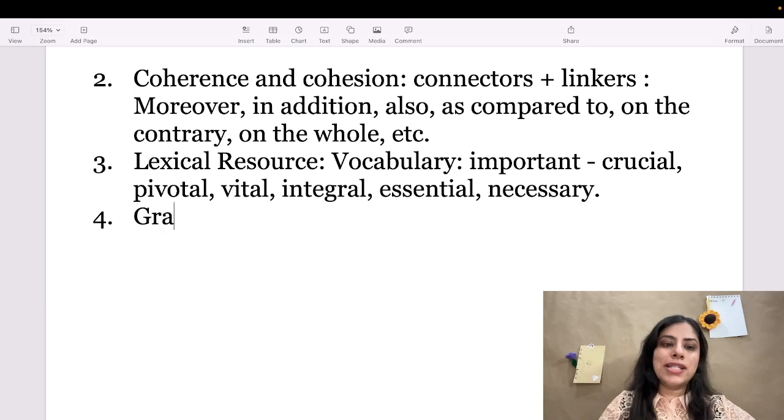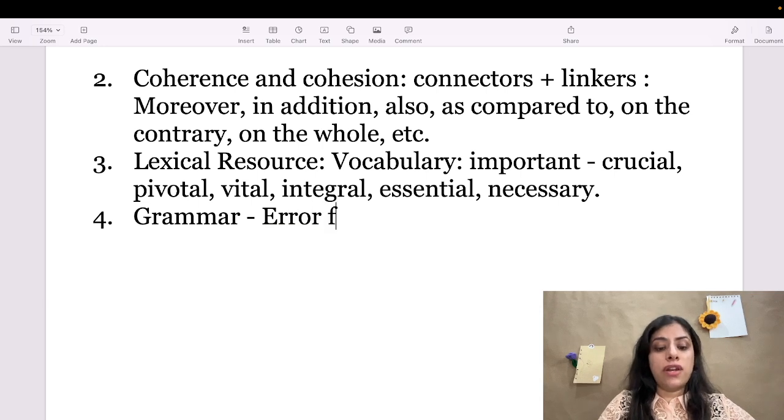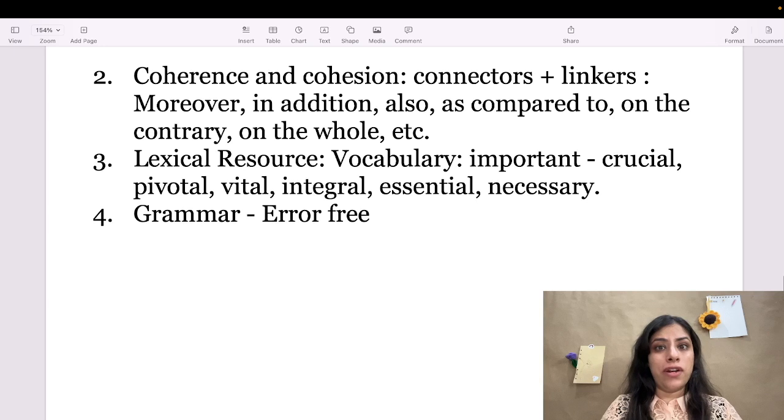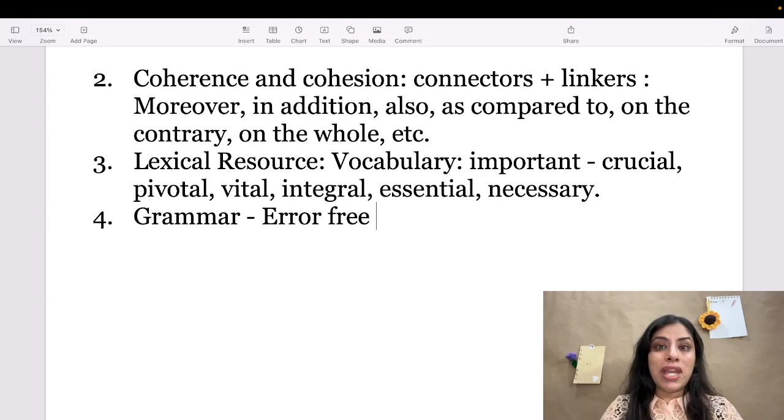And the fourth factor is grammar. How can we forget that? So, in this, basically, we have accuracy of grammar and range of grammar. Now, accuracy of grammar means that your sentences should be error free. There shouldn't be any grammatical error. It's a strict no no. So, have a look at your answer once you write it to check for any grammatical error. And if there is any error, correct it. Read your answers once in the end. Take care of tenses, subject verb agreement, parts of speech, singular plural,